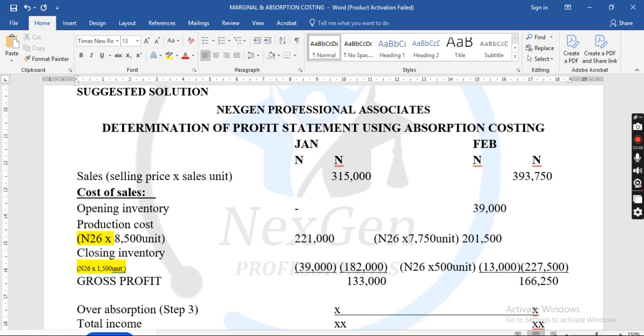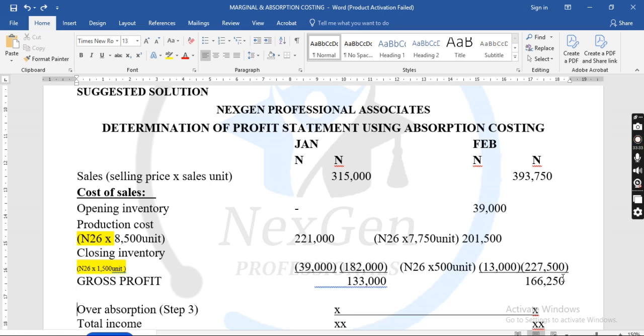Now, when you are doing something like this in an exam, you can confirm if your answer is correct or not. That is why there is reconciliation. We already know reconciliation in financial accounting. If you start with profit as per marginal costing, you end with profit as per absorption costing. We will get there. Now, if this is established, class, the next step is